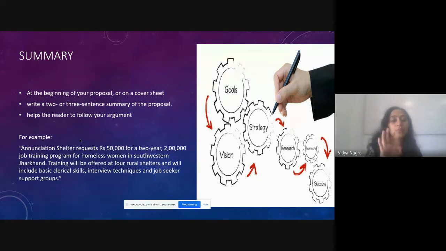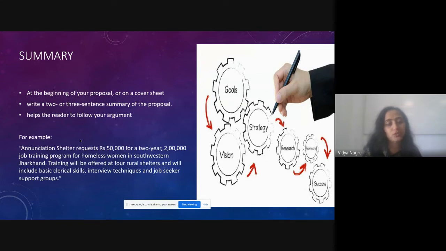So basically you have to begin your research proposal with the summary or abstract, whatever you choose to call it. Under summary, at the beginning of your proposal itself on the cover sheet, you have to write the summary. It is around 2 to 3 sentences, or a small paragraph. And that helps the funding agency to understand what kind of argument you are going to follow. For example,